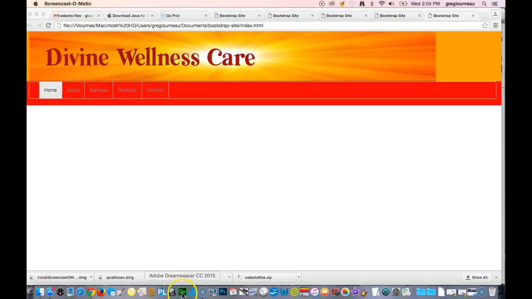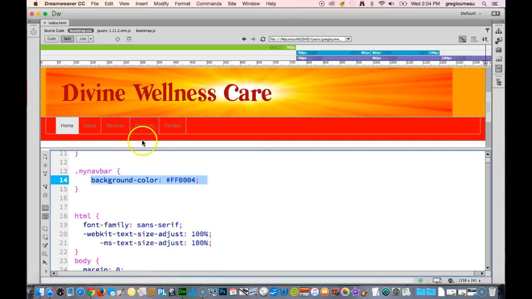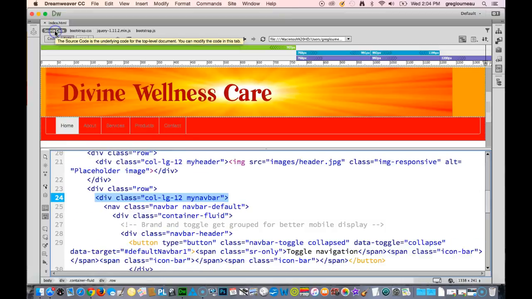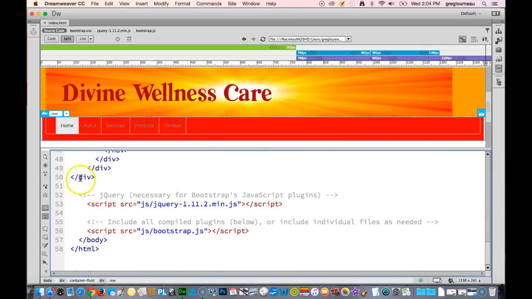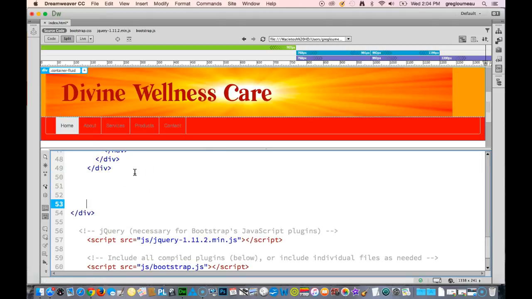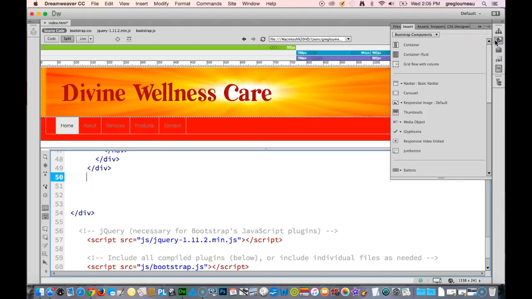Okay, so let's start. Go back to Dreamweaver here, go back to our source code. Once again, we'll go down to the final div of all of the divs and click on the end of the line before it and hit our enter key. So this is going to allow us to put this next div in. So we're going to go ahead and click insert. We're going to insert a grid row once again,